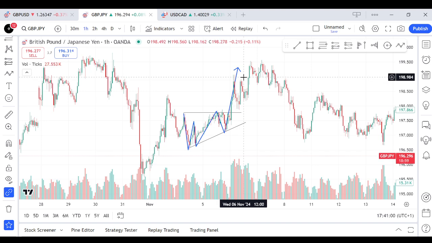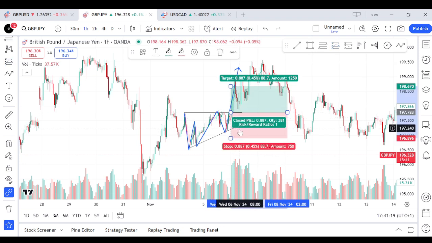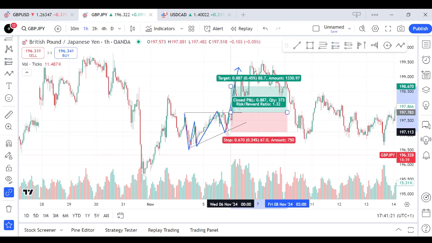This approach provides a better risk to reward ratio and confirms the strength of the breakout. So place your stop loss just below the last contraction low for long positions, or below the last contraction high for short positions. As you can see, you could enter at this breakout if you are not entering conservatively, and